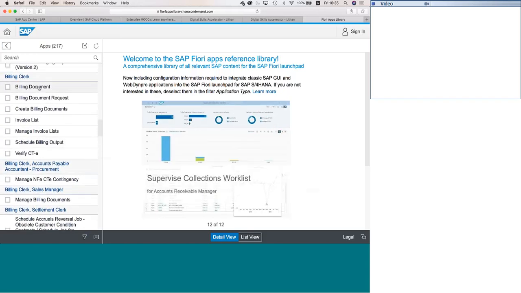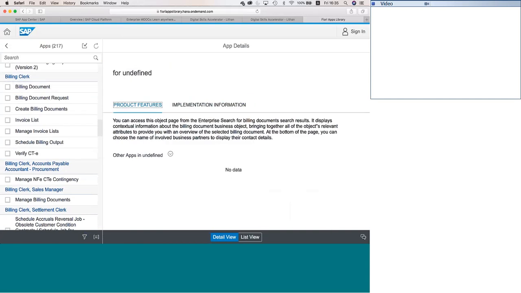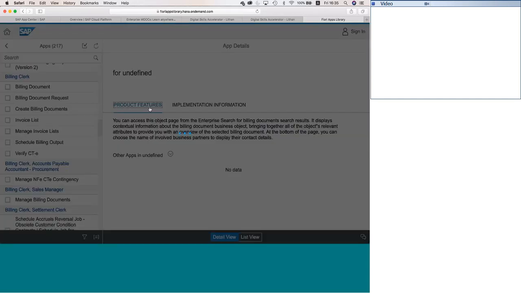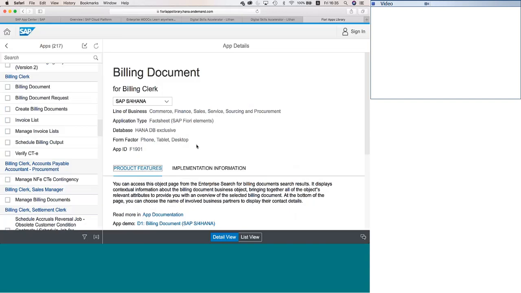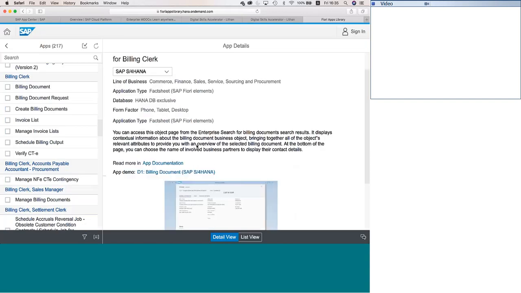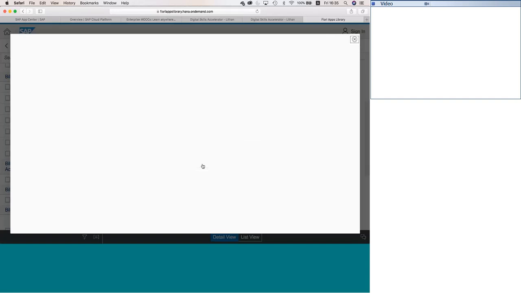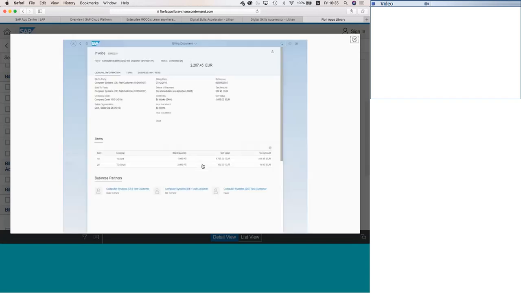Let's take billing document. I'm just picking up random. So here you go. This is an app which you need to download. So this is how the output of the Fiori app for billing will look like. This has got connected to all the backend S4 HANA.